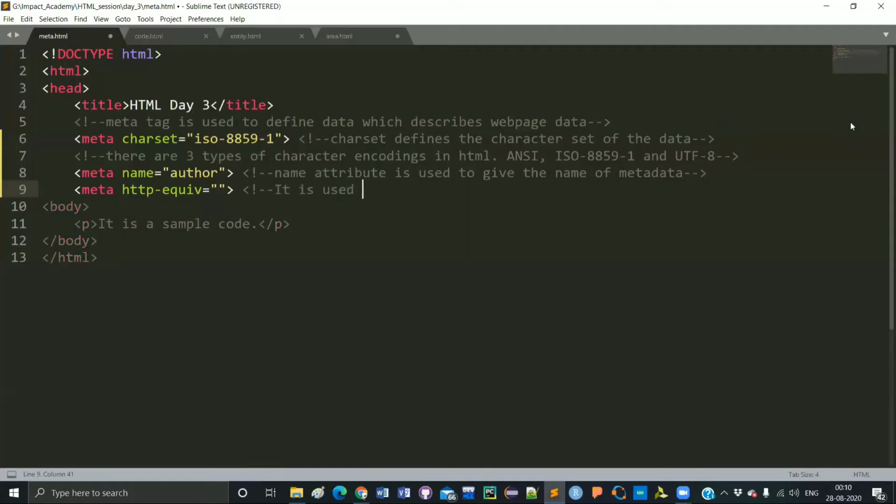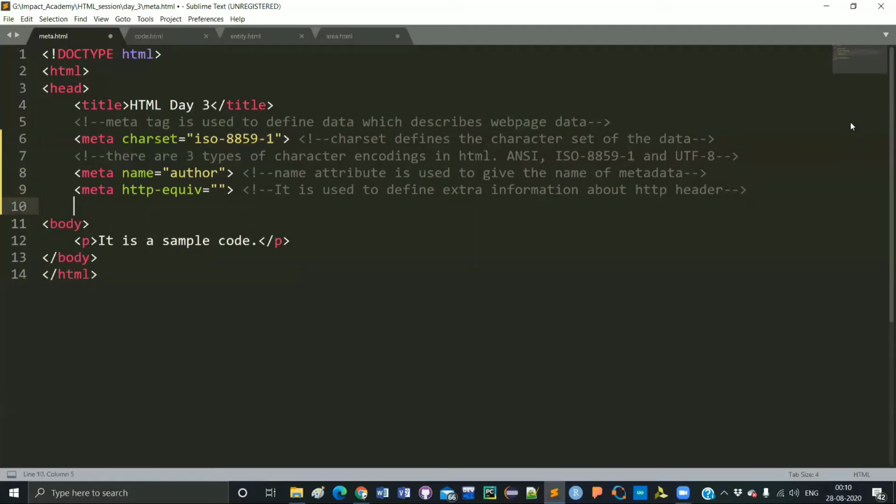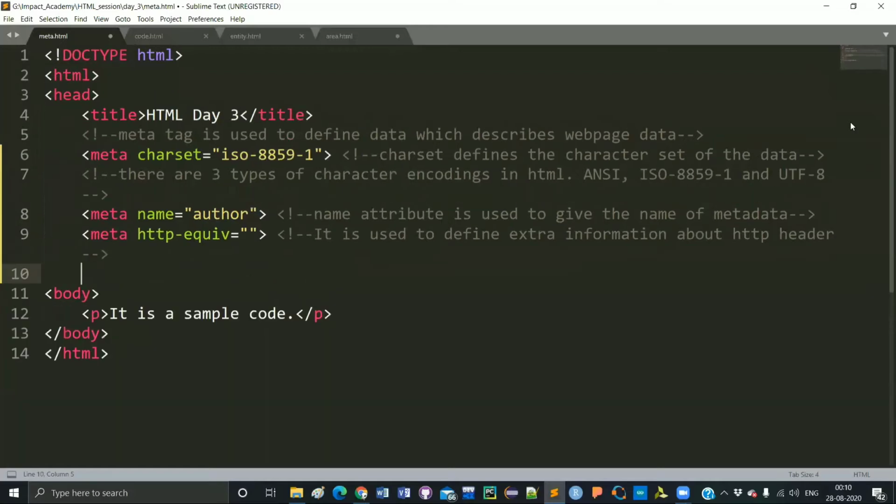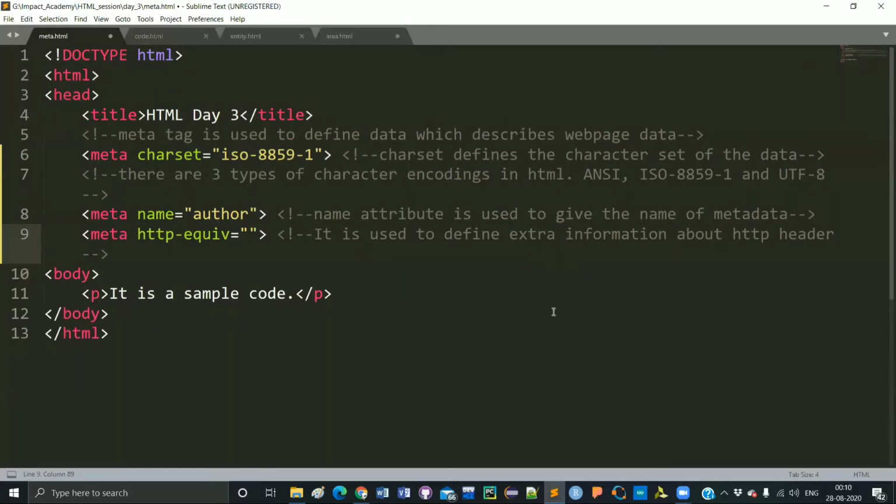It is used to define extra information about the HTTP header. That is why this http-equiv attribute is used.